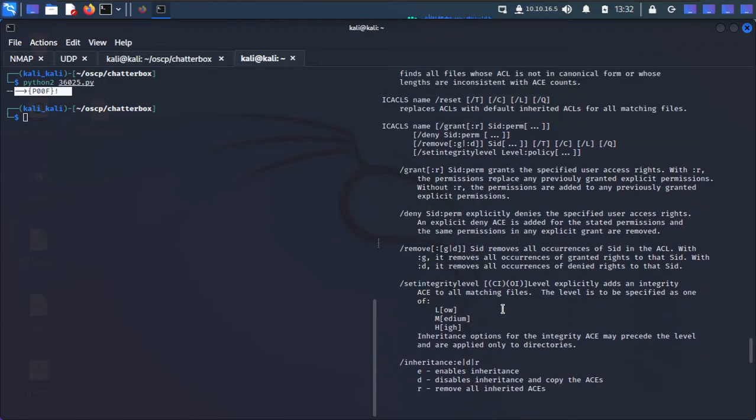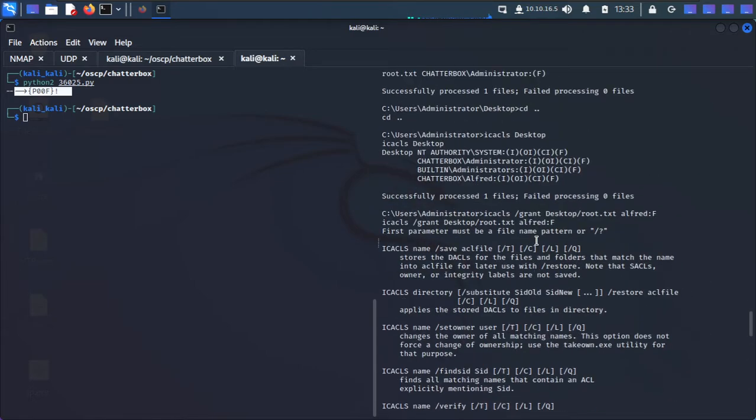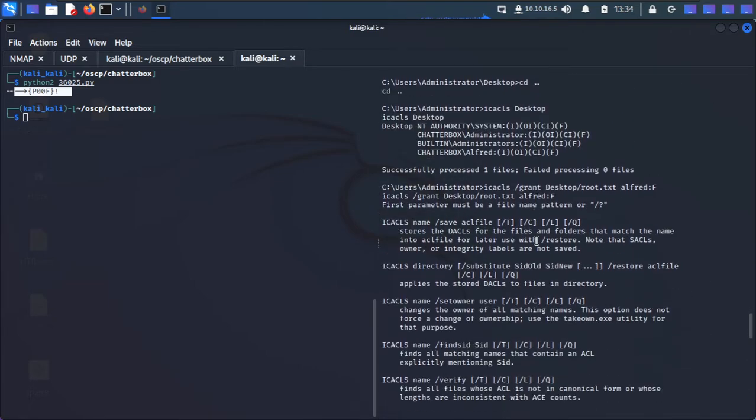Let me read this. Okay. The first parameter must be the file name. Okay,